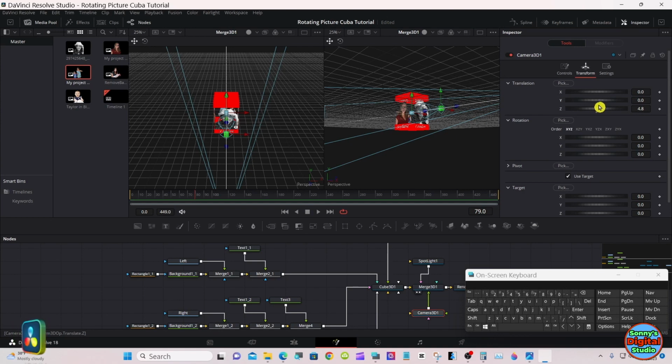I guess I rotated the wrong dial. Yeah, use the Z axis to move the camera forward or backward. If you can't grab the handles on it, do it.